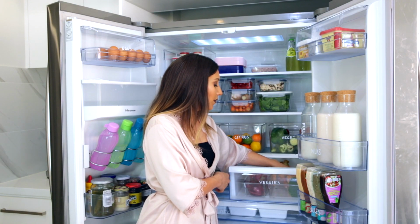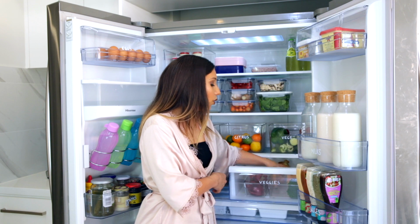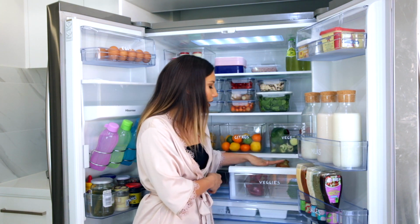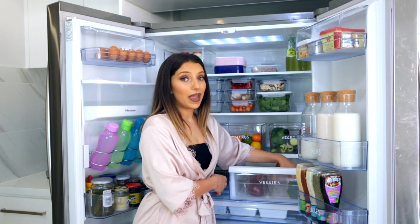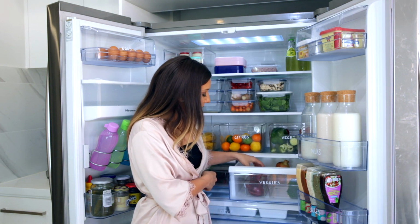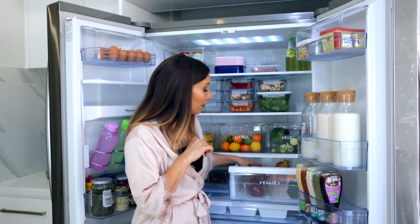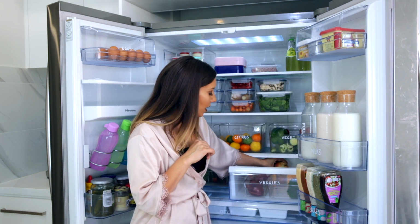Again, the first one I've used is for my broccoli, and I also intended to have cauliflower in here. I thought we already had some in the fridge, but it must have gotten thrown out. So I've just put that in the medium and wide container. Then off to the side, we've got some red onions. And then off to the back here, I've just got 2 halves of butternut pumpkin, and then I've got 2